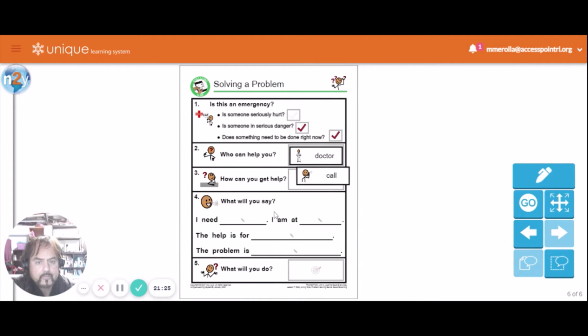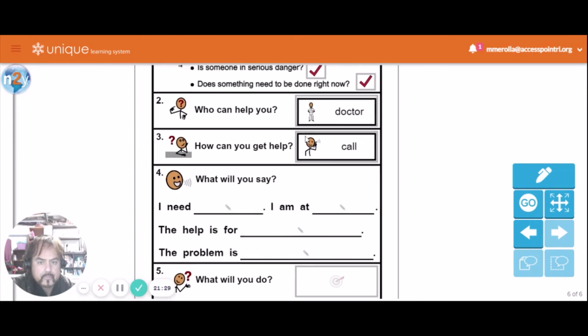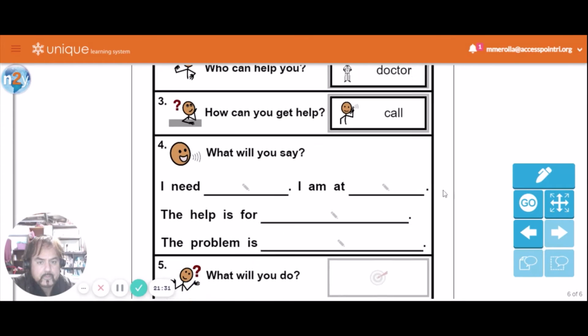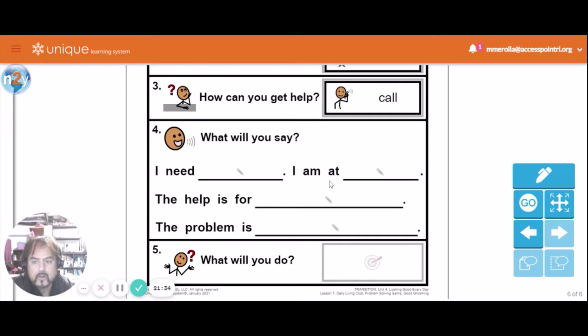You're going to call. You could call the Poison Control Center, but probably, to play it safe, you want to take your cousin by ambulance to the doctor. If you're on your own, if there are no adults or staff around.